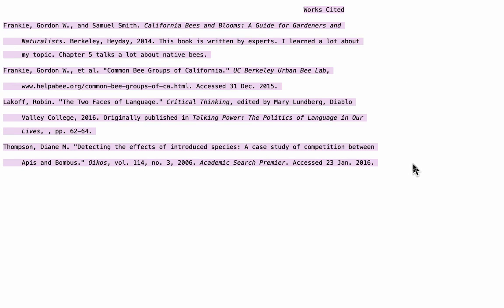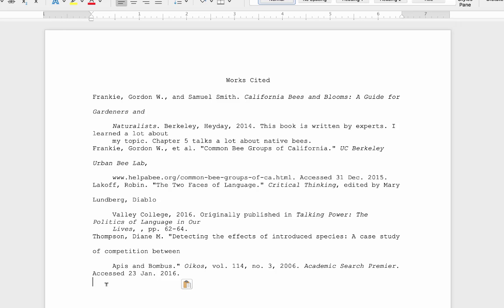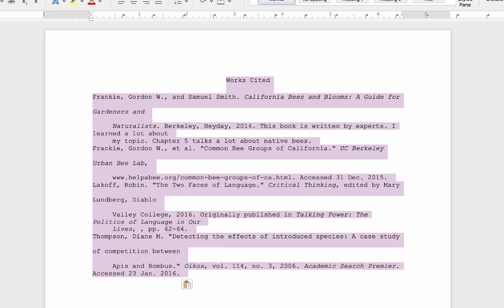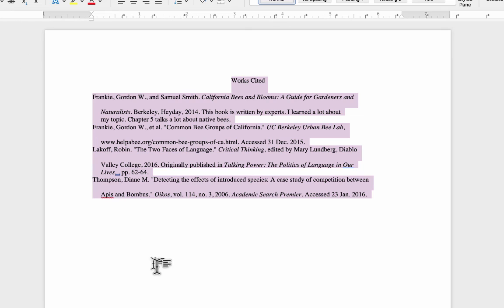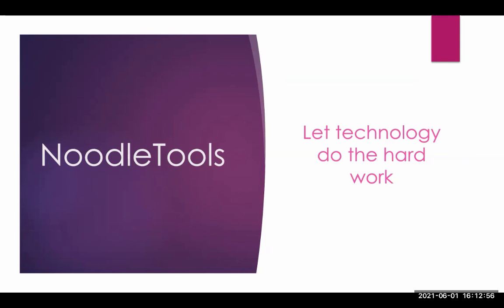And then at the end, when you're ready to get your works cited list, you can actually download it complete and it's ready to go. Just add it to your paper and you're off and running. So I think that's pretty powerful, and I highly recommend using Noodle Tools if you've not used it before. If you have any questions about getting yourself a Noodle Tools account, you can ask a librarian. That's what we're here for.